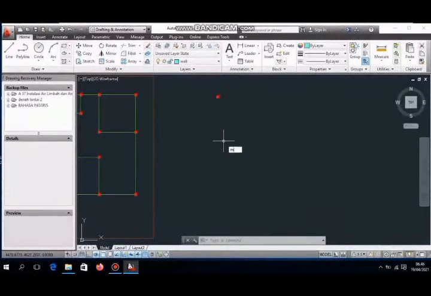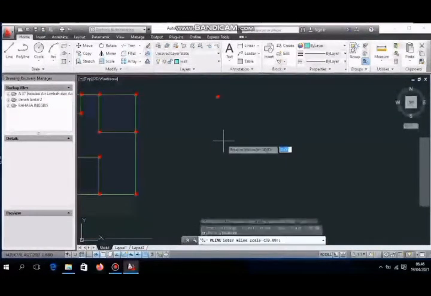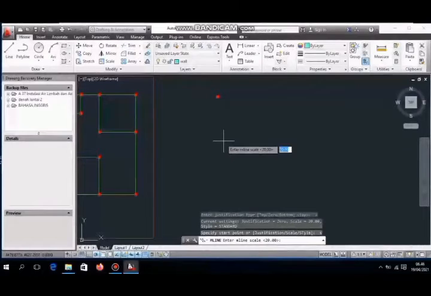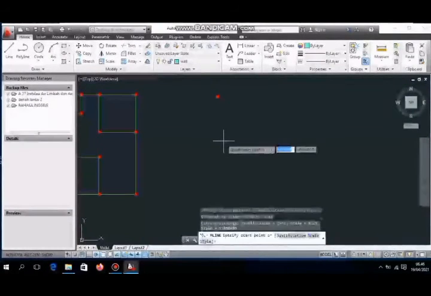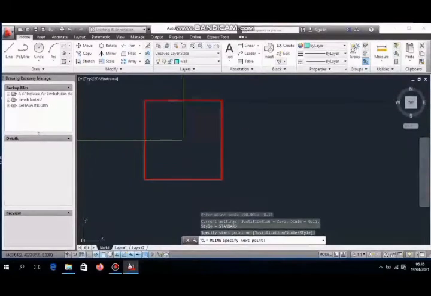After that, we make wall. We change layer wall. Then we use formula ML enter, J enter, Z enter, S enter, and input the size. Then we click here.